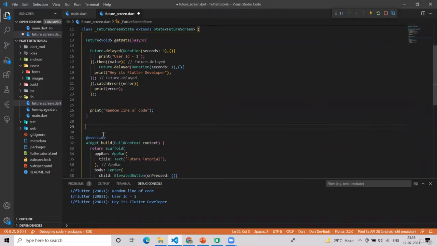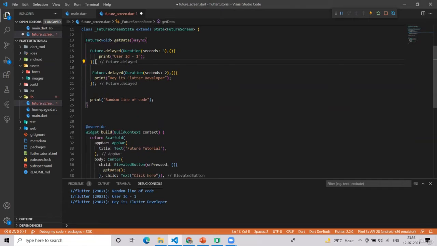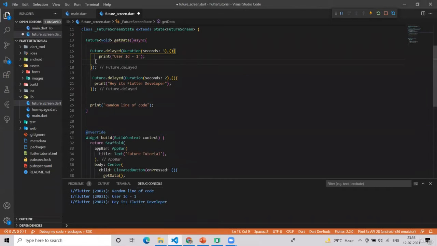First of all, you can do it with this same example if you want. Now I have this function outside that then block and I will remove it. Now suppose this function returns an ID, that is one, and we have this ID stored in a variable called user ID.